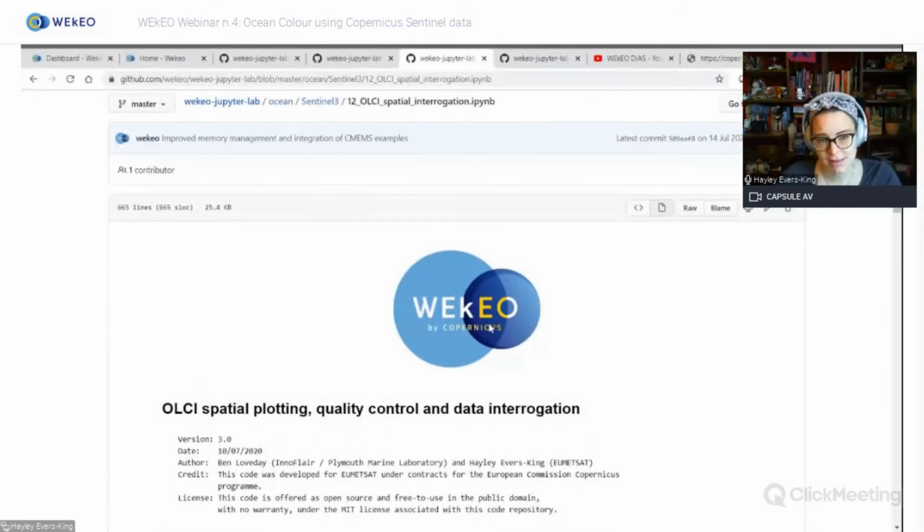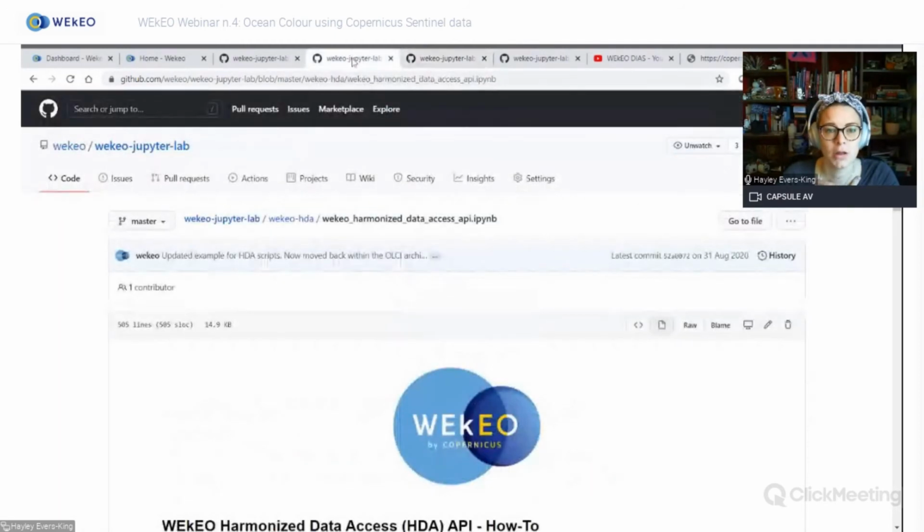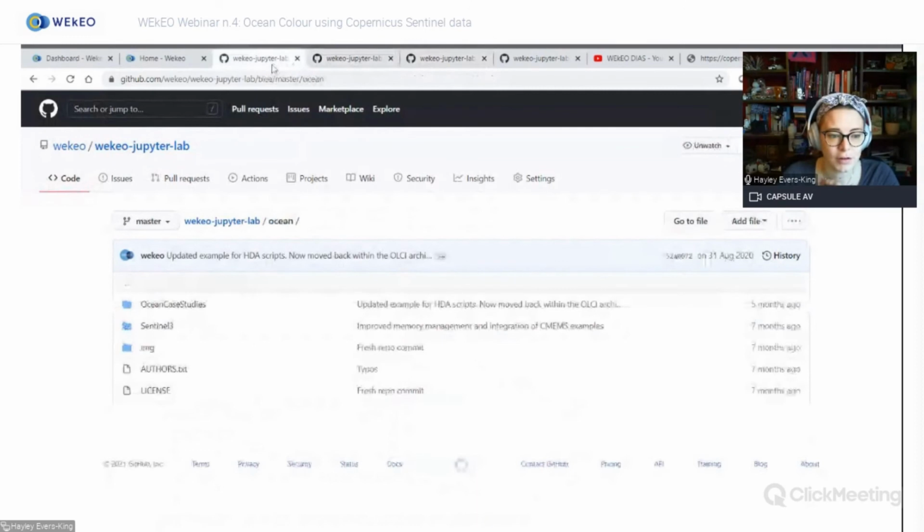So it's in NetCDF format. It will show you what sort of shape the data is, what different variables are available, how to plot this data, and how to apply things like quality flags. So this is a really good place to start if you've never used Ocean Color data or AltG data from Sentinel-3 before. If you then go back to the main folders and look under Ocean Case Studies,